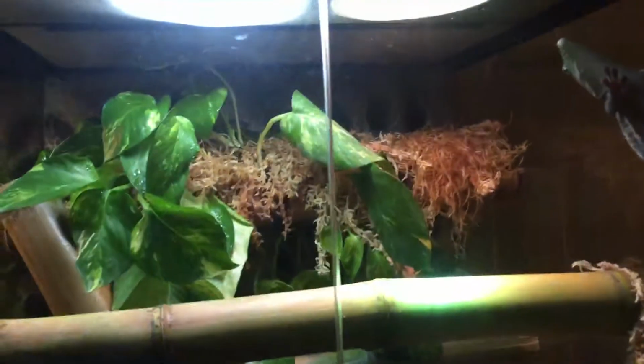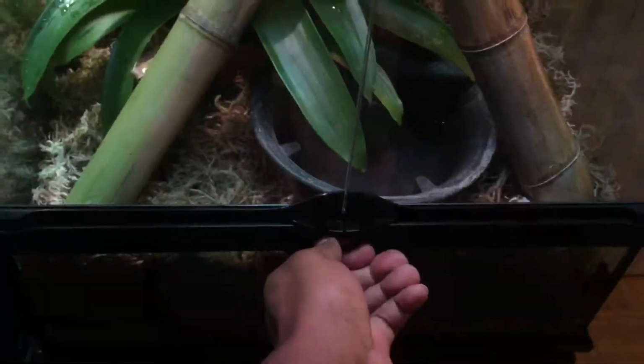I have mine's in an Exo Terra. I think it's 18 by 18 by 36, if I'm not mistaken. But the reason I got the Exo Terra is because it has the double doors, and you can see how he's hanging out here on the glass, and it kind of helps if you need to go in there and clean up or do anything. You can just hit this latch here. You can open up the one door, instead of like